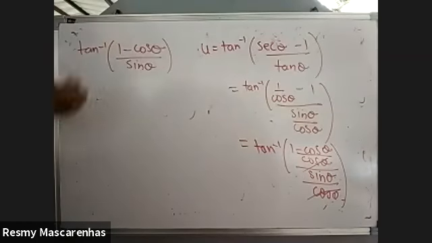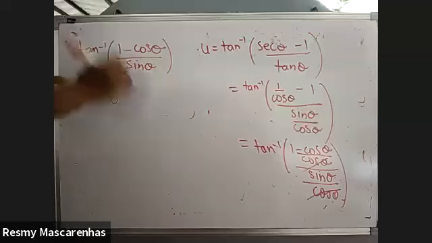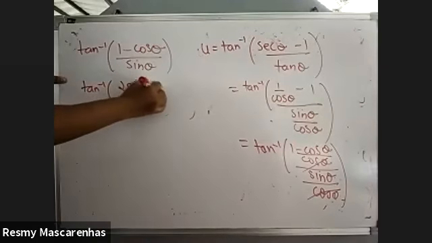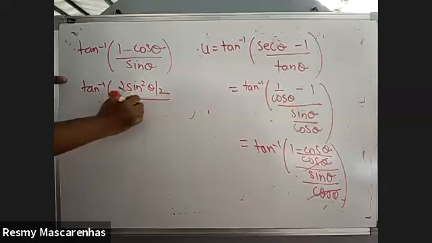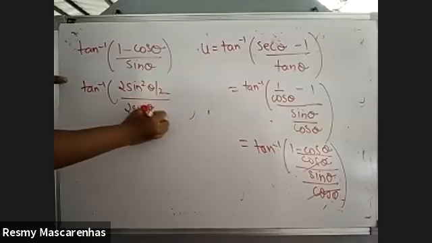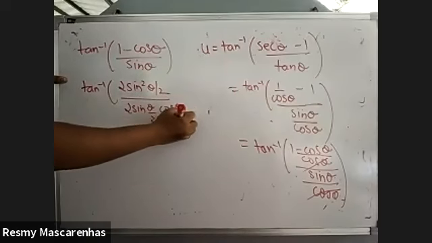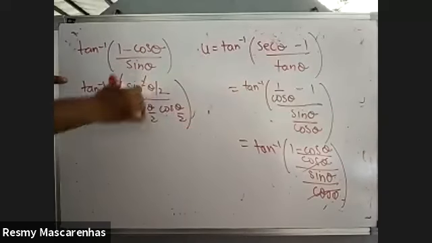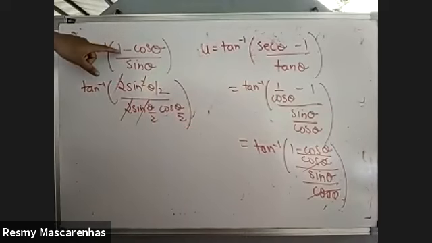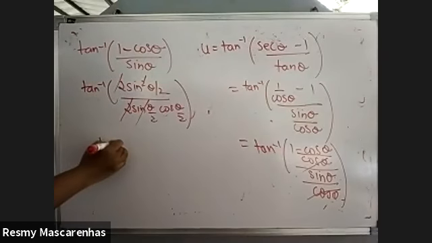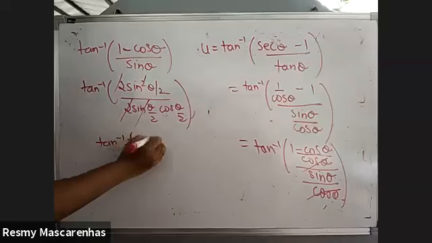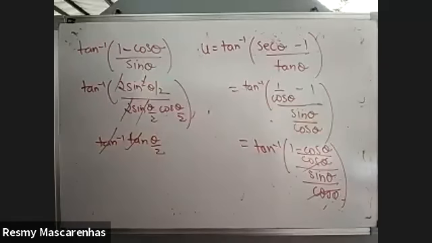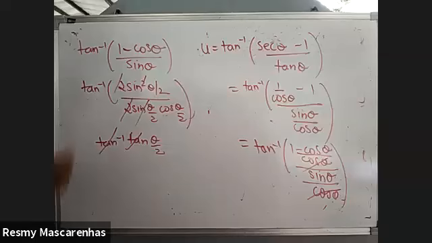Okay, now this 1 minus cos theta formula you have to use. Minus means sine, 2 sine square theta upon 2. And sine theta is to be split as 2 sine theta by 2 cos theta by 2. Same problems, typical. This type of steps comes, then you have to do this way. If you practice again and again, you will know this. So tan inverse tan theta upon 2.